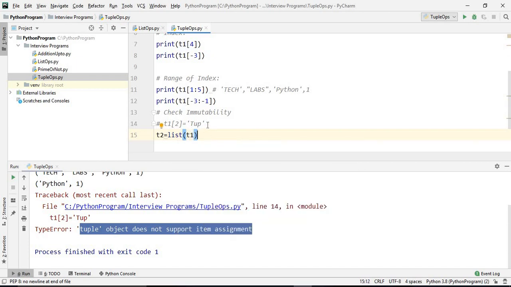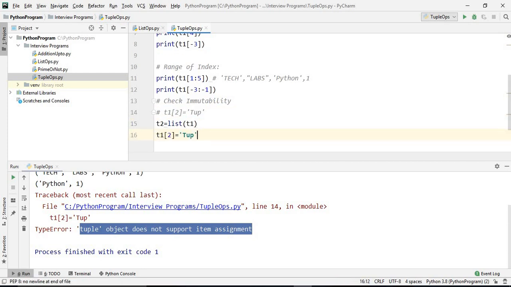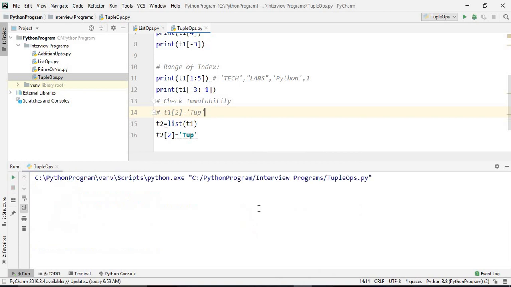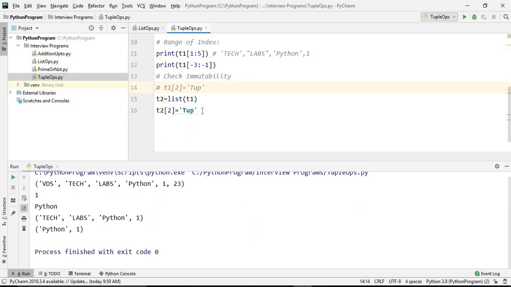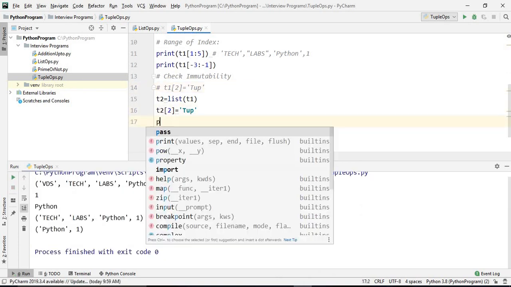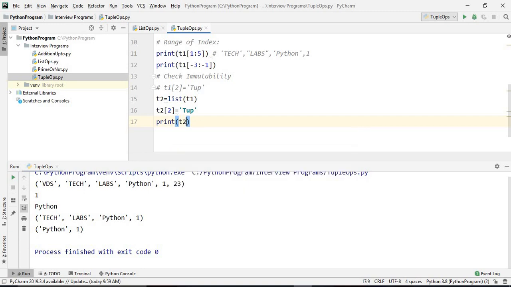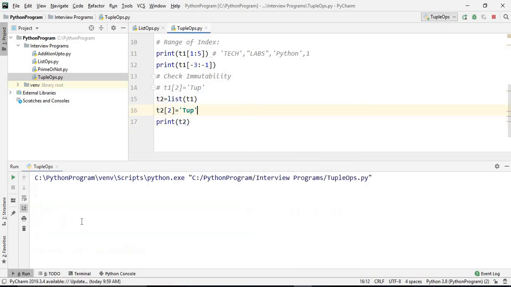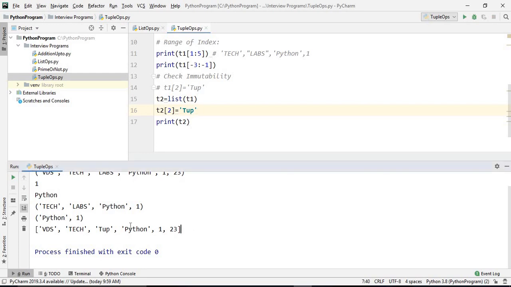Now we can modify it here in T2. Now if we run this, it prints, and now we print T2, and we see it is converted into a list, and now we can modify it.